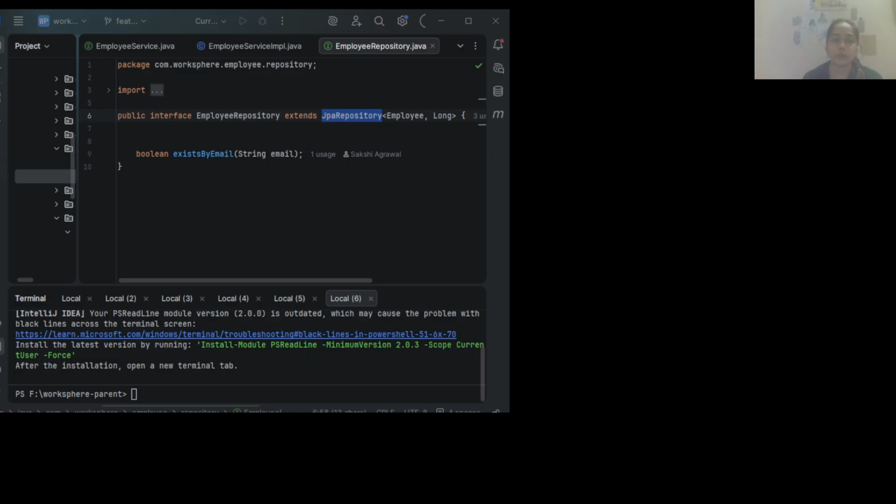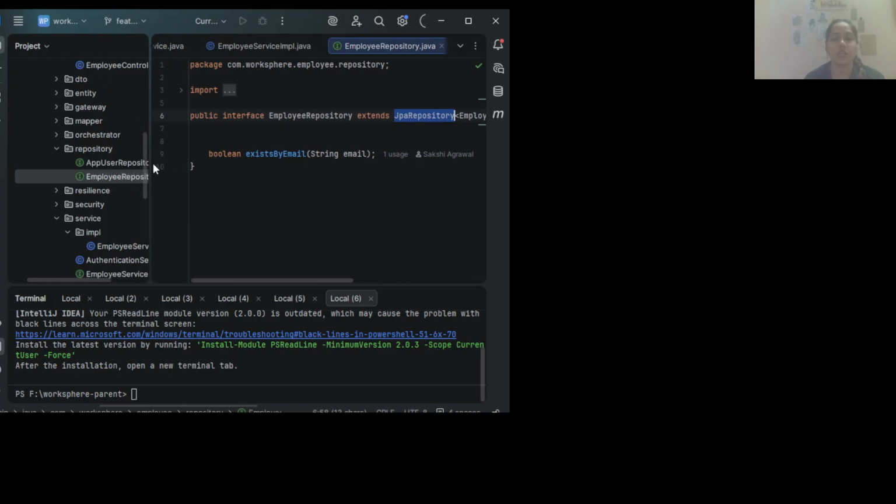Only the methods we are not able to get, as per our business logic, we can create ourselves. So this repository helps us to communicate with the database.